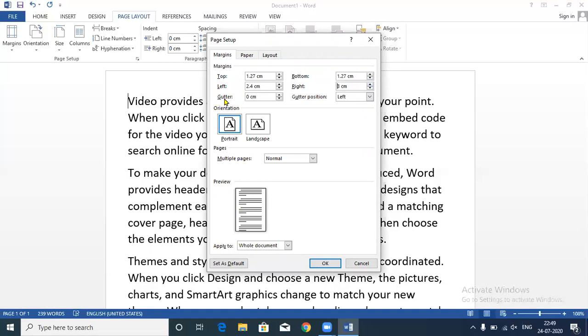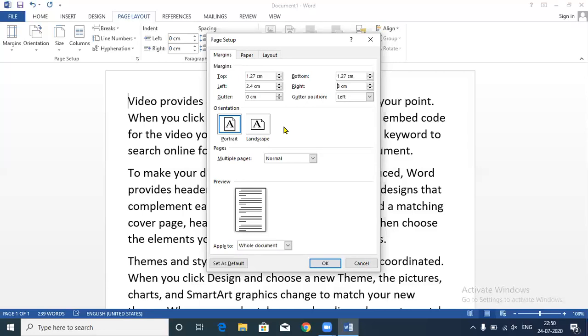Then we have one option available, which is the gutter position. What is the gutter margin? Gutter is a margin which is a space for the binding. Gutter is a space for the binding only.